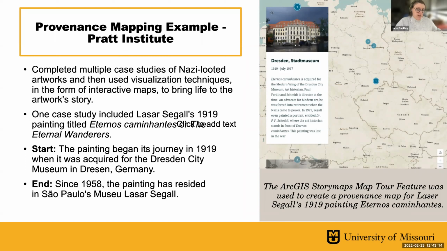And in 1958 until now, so its final resting place as of right now, a year after Segal's death, the Hungarian art dealer actually charged his widow $1,000 to buy back that painting, to then be able to have it in what is in Sao Paulo, a museum devoted to Segal, and it was actually his home that they converted into a museum. So that's where it stands now. But it's interesting that you could prove it's authentic. You could prove that the Segal family owned it, but they still had to purchase it.